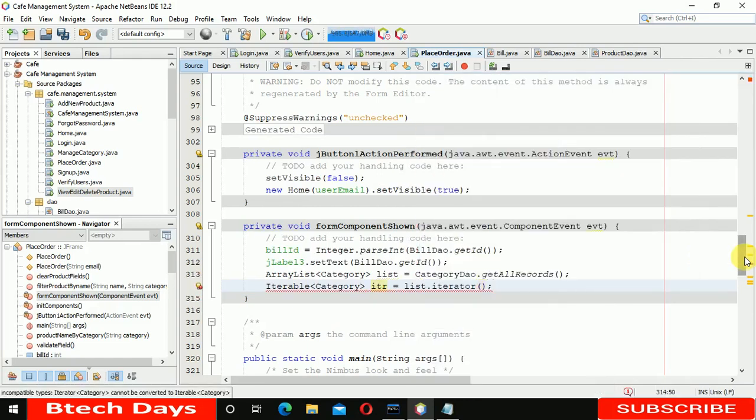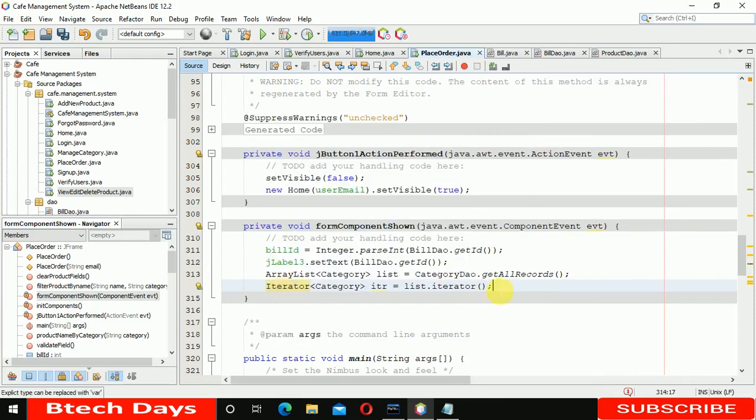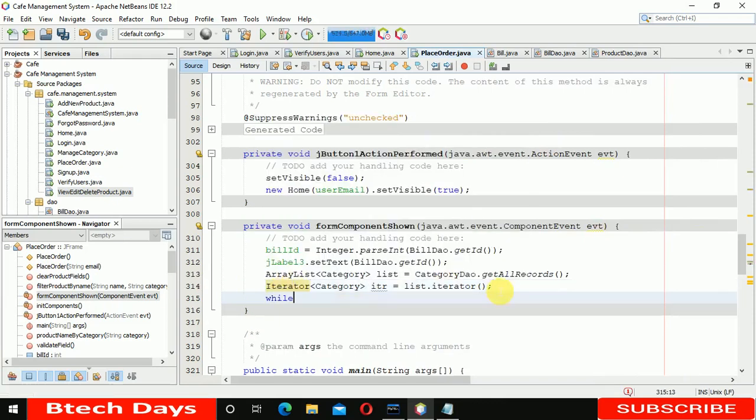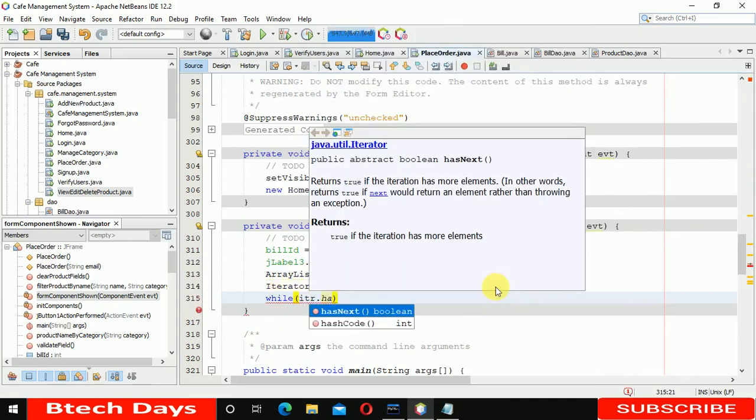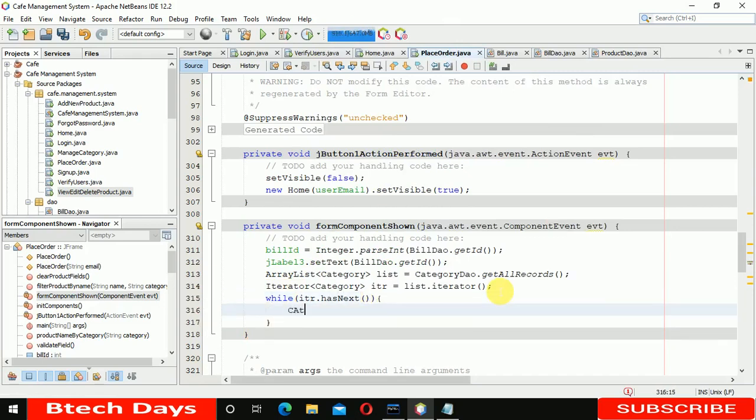and okay, it should be iterator, not iterable. So here I again made a mistake. So iterator, this option, and after iterator we have to write while itr dot hasNext, and here we have to write category object obj, and itr dot next,